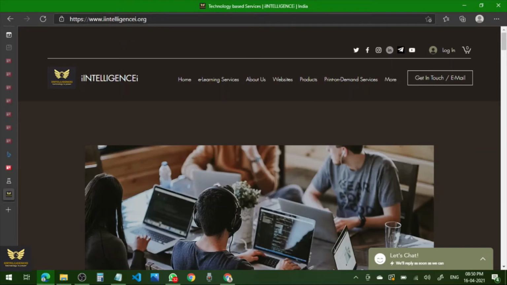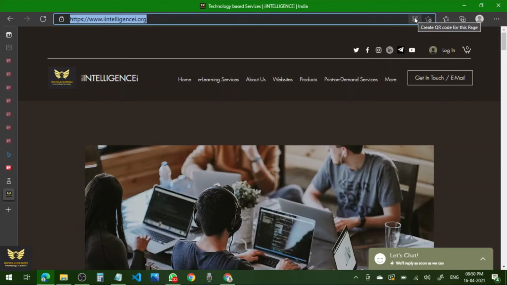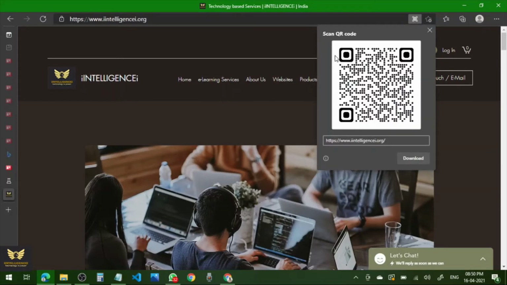In order to do that, just click onto that link, then go here, create QR code for this page, click it. So this is the scan QR code for this particular website link.